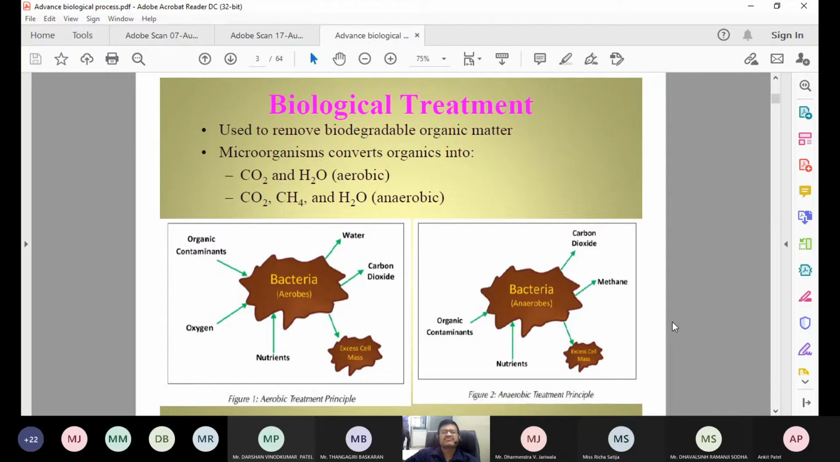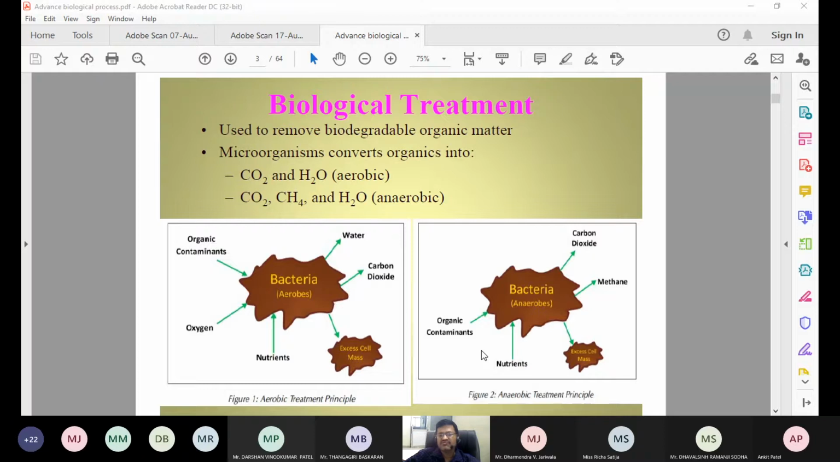For the biological treatment, first of all, we should know why it is used. The wastewater which is generated, whether it is generated from domestic or industrial sources, has some organic matter in it. Okay. As you know, how is the organic matter generally measured by the environmental engineer? Organic matter, you know, that is